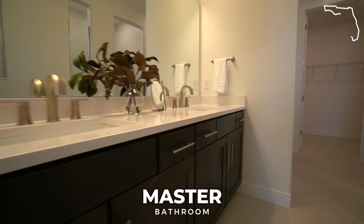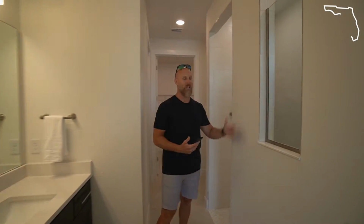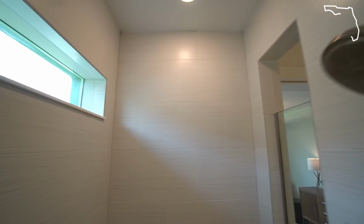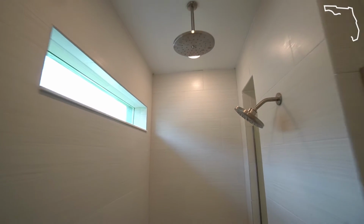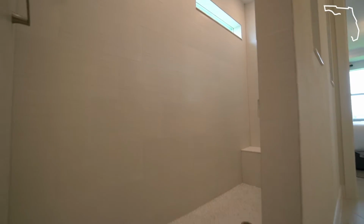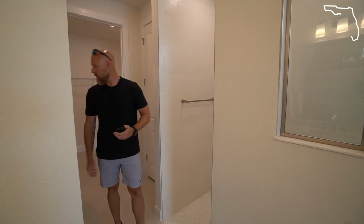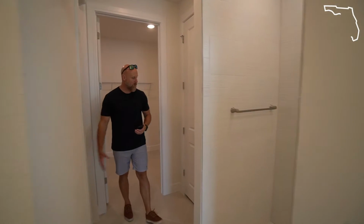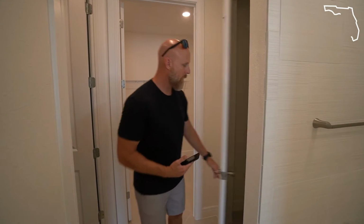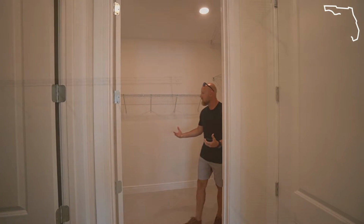Really nice size dual sink vanity here. And then the giant party shower, as they like to call it here at Del Webb. It's got the rainfall head. You've got recessed lighting in there, curbless entry. This one's got like a river rock tile on the floor. Then you've got your water closet in here. You've got a linen closet just for the bathroom, inside the bathroom, and then a giant walk-in closet in the